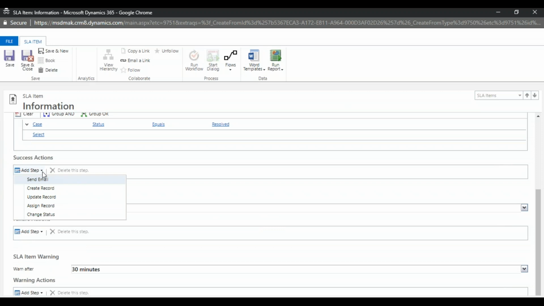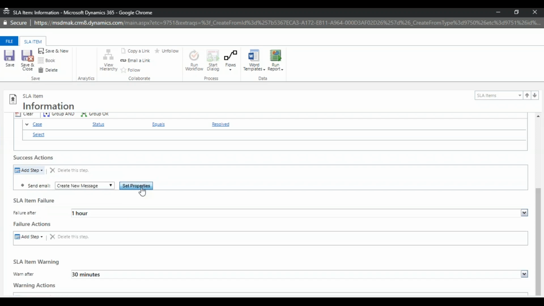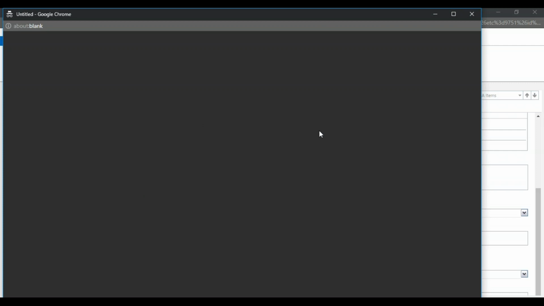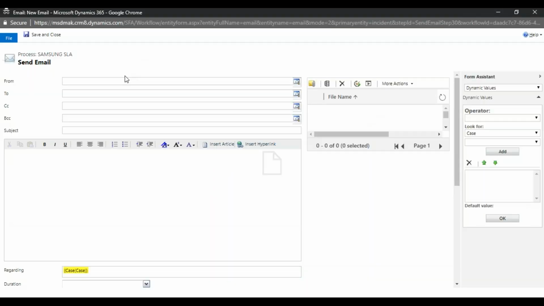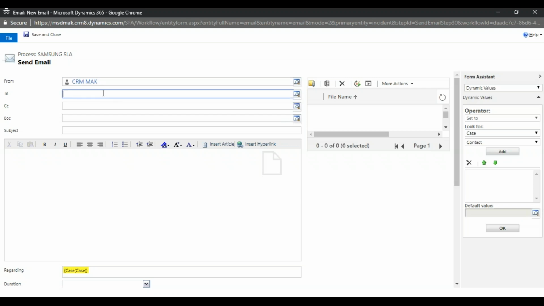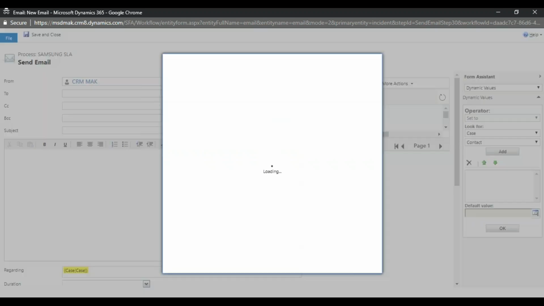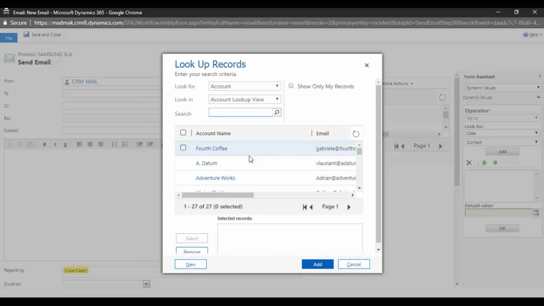And if it is successful, what do you want to do? I want to send out an email saying that the SLA is completed successfully. So set the properties from CRM admin to the case owner.